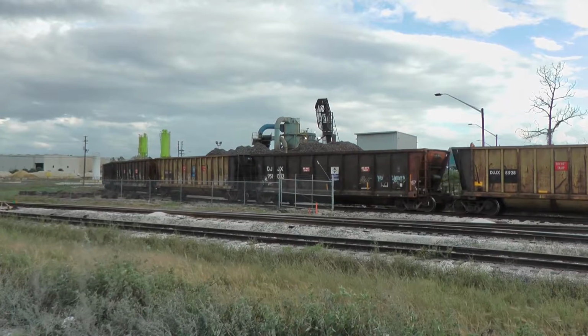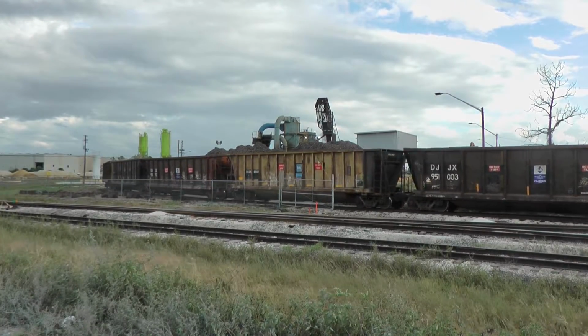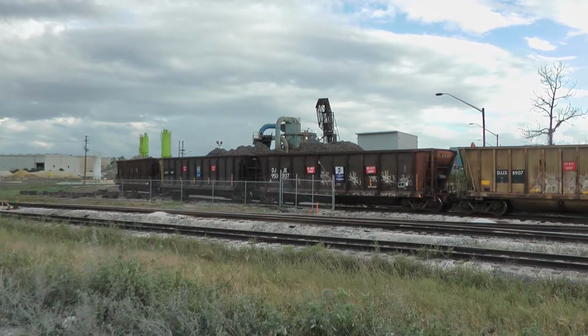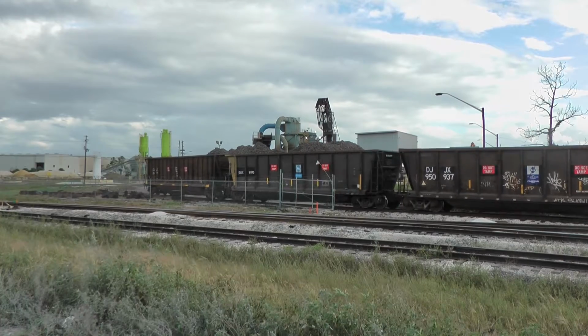Here is one such local, A777, or 777. This local at the time worked two branch lines in Taft, this one being the Sexton Spur that branches out of the Taft West Yard to the west. This job is now handled by local